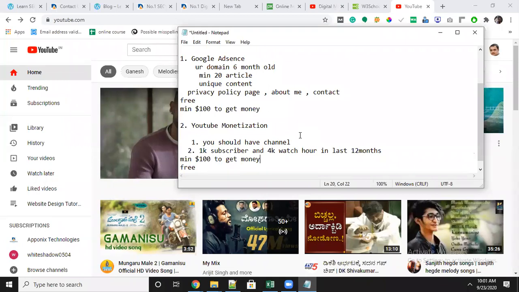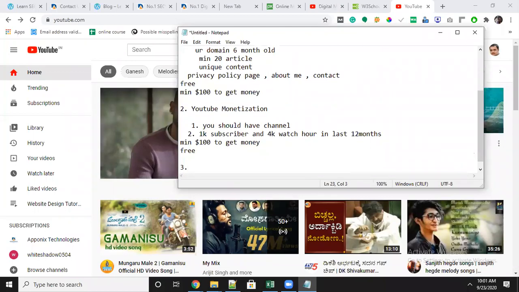This is the second way you can make money. And the third way is sponsored ads. That is called sponsor ads. Sponsored ads means you should get a good amount of website traffic, then people will be ready to give sponsored ads on your website. That is one way. And the second way, sponsored video. You are already good at one industry, you have good subscribers, then people will say, you can talk about my product, I will pay this much amount for you. But that is possible only if you have a good number of followers.